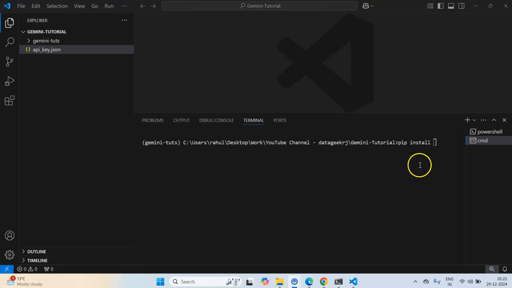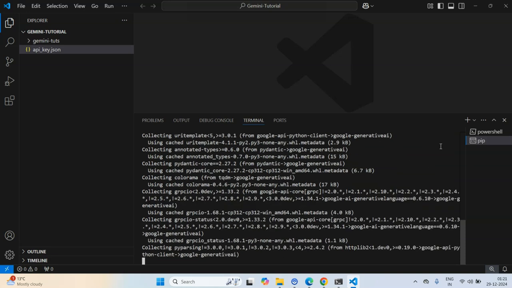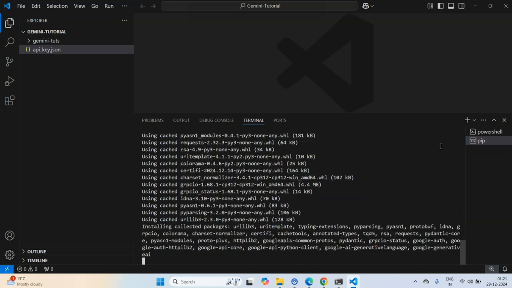Anyways, I'll do pip install google-generativeai, and if I hit enter, it will start the install process for this package. There are some other packages like typing extensions, which I'll explain why those are required, and we can see that typing extensions is also installed because these can be passed to Google Gemini's API to get the structured response. We will come to that.